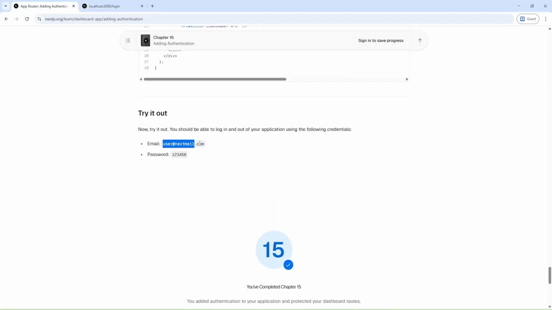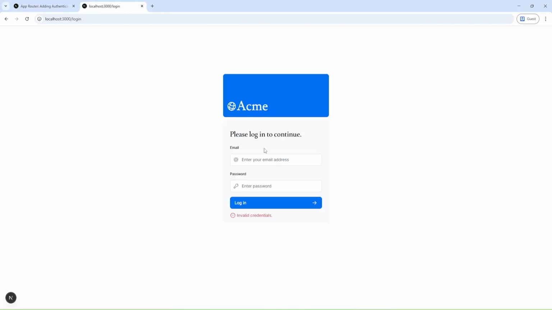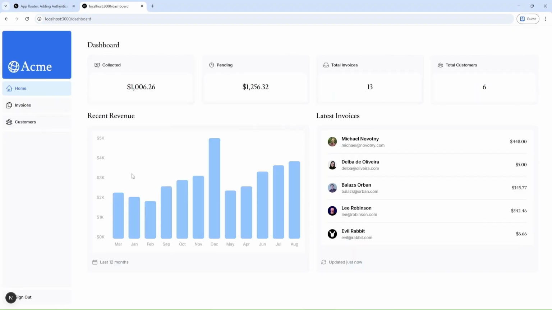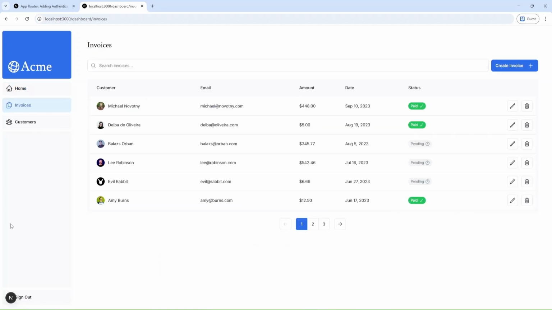Okay, and I can use valid credentials that they provided and try to log in. Great, I was able to log in and see my home page and also invoices. And I probably can add invoice, and also I can sign out.